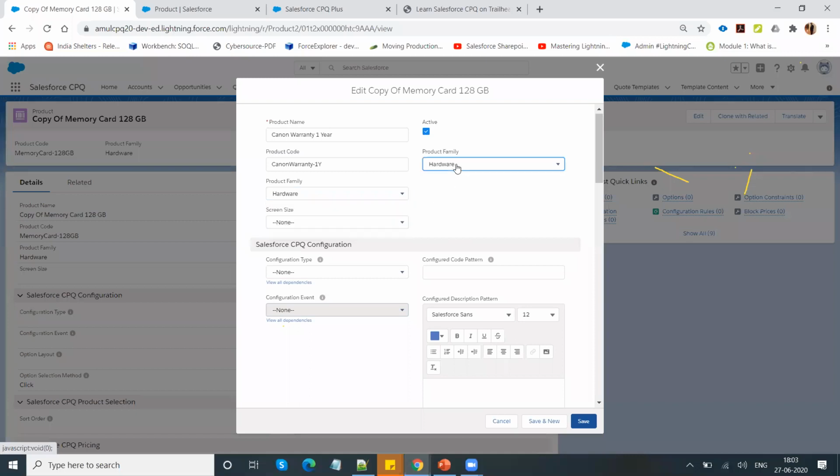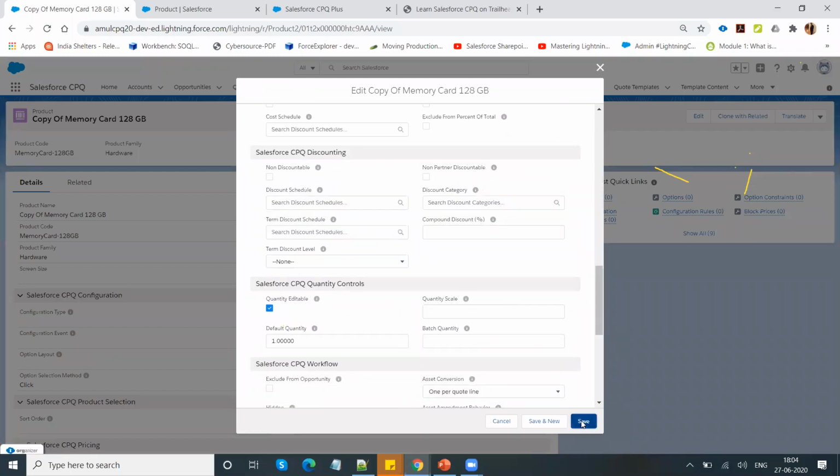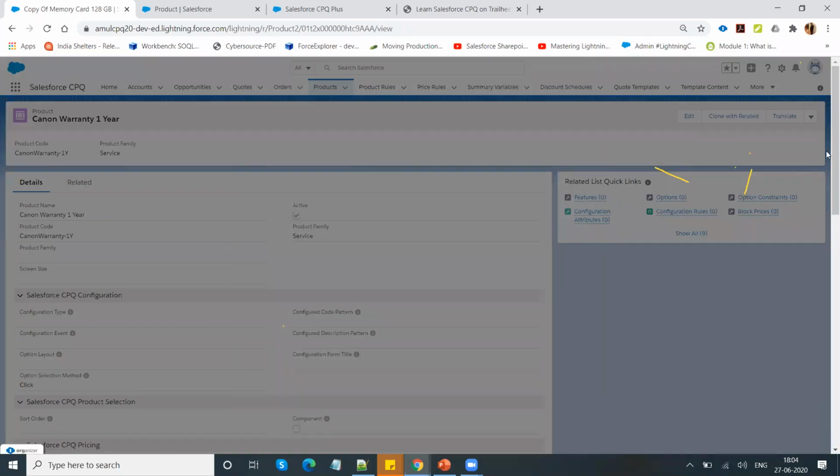It's called support, service. Okay. Again, this is the list price, but this list price will be $0.